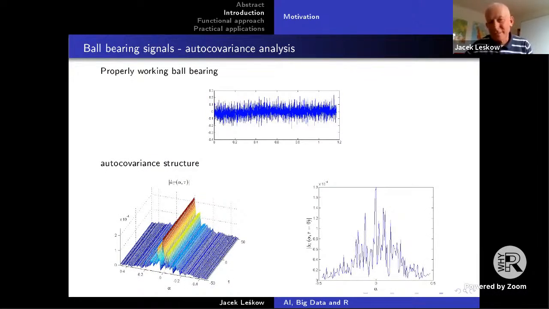Certainly, one of the major features that engineers look for when analyzing properly working systems is the frequency plane. At the bottom left corner of this picture, you see the frequency plane, which generates the autocovariance structure.